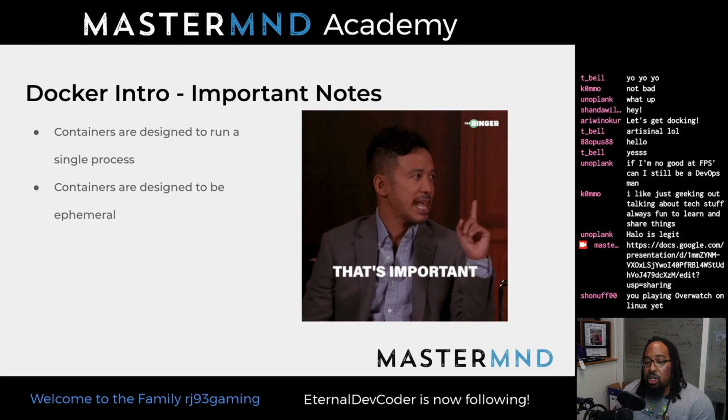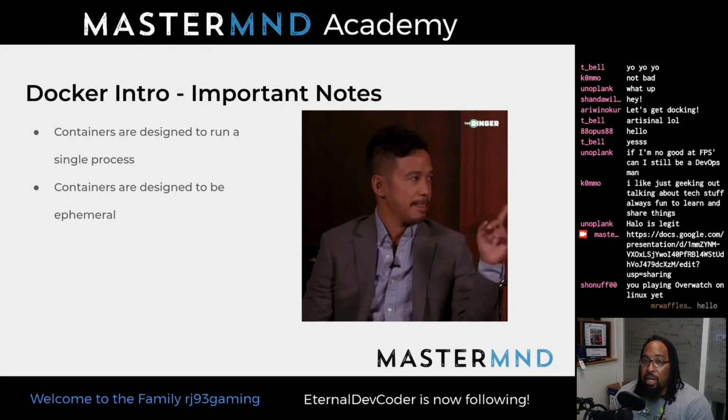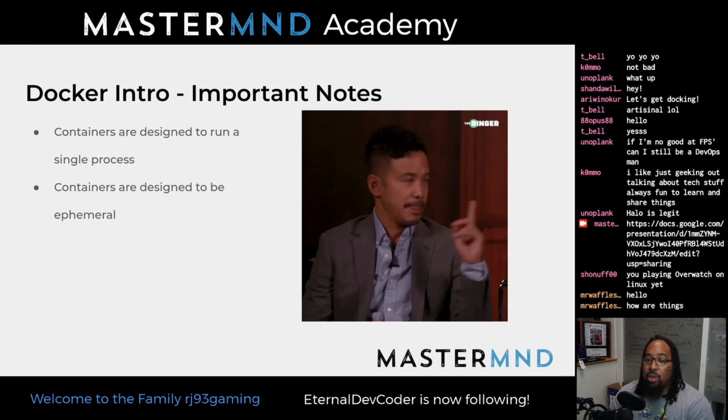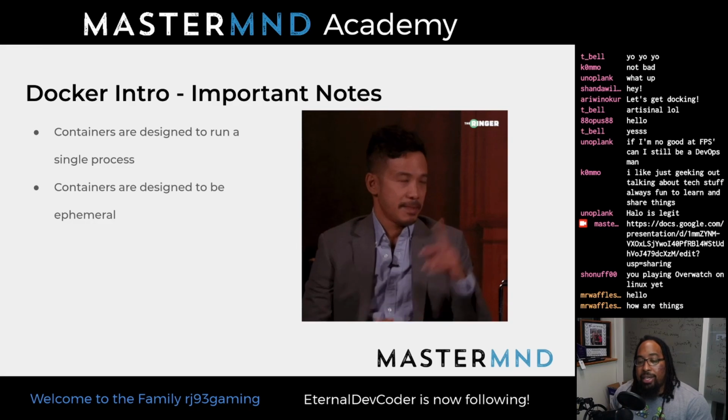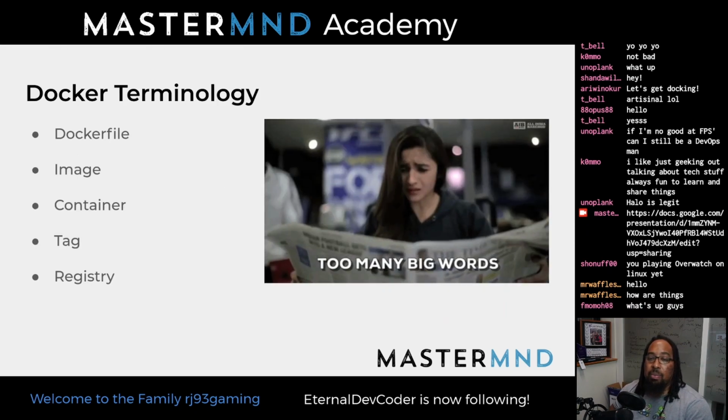I think these things are very important. Docker containers are designed to run a single process. Although they can run more than one process, they're designed to run one. And you're going to see that in the way that we design things tonight, I think. And that may be a little bit confusing. What if my application needs multiple things? We'll talk about that. And then containers are designed to be ephemeral. By default, they are designed to not persist anything and just kind of go away. So you need to keep that in mind.